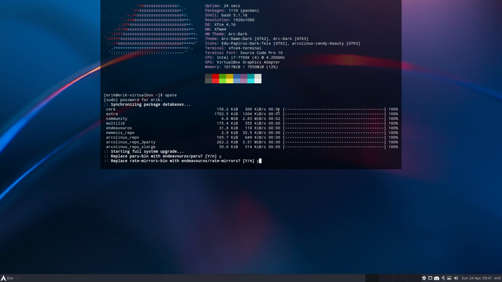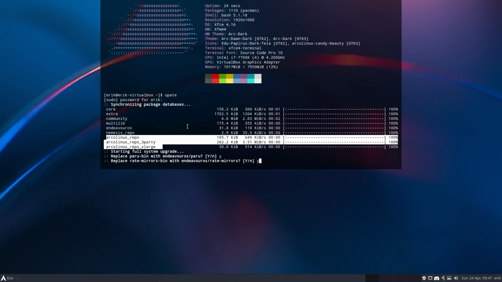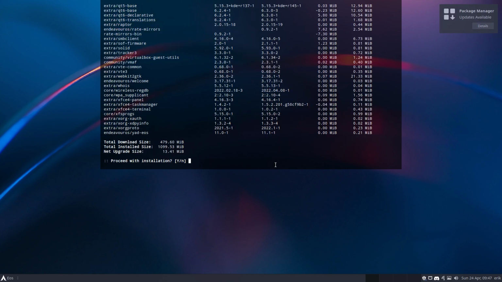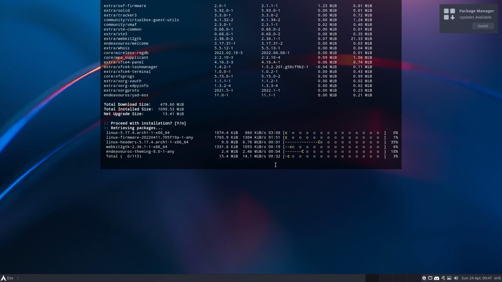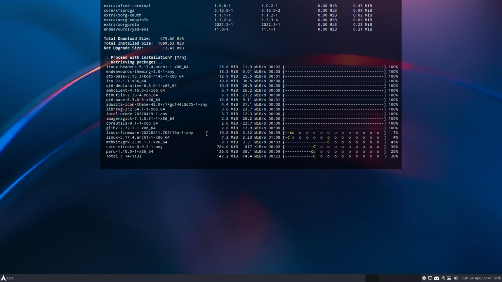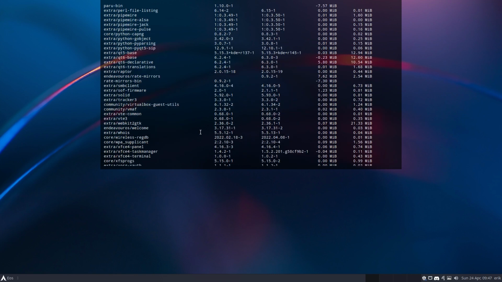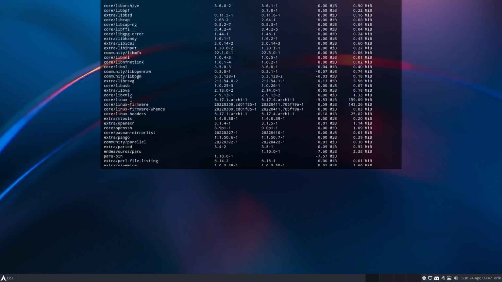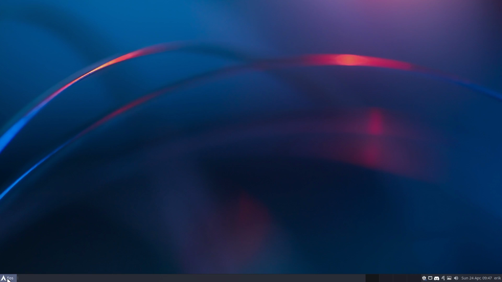EndeavourOS, there are several mirrors now. Have a look. There is EndeavourOS, there is Nemesis repo, and the ArcoLinux repo. So we have both of them, both of us have the same files for applications. So yes, yes, yes, you say, and done. Now we have to update the system. Linux firmware is coming in. But basically, guys,